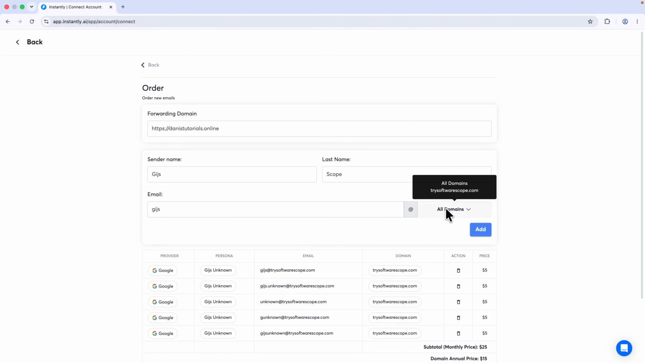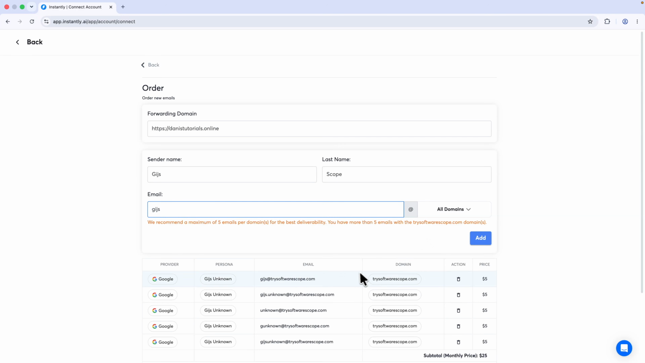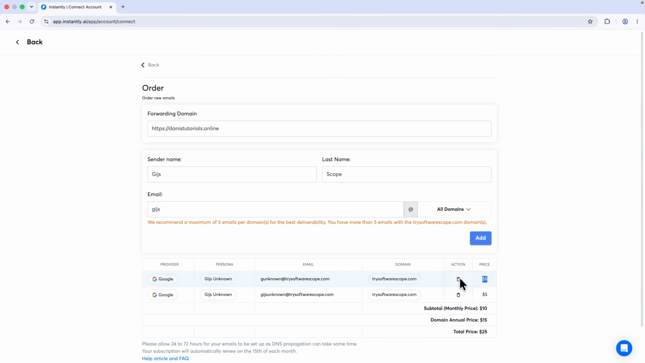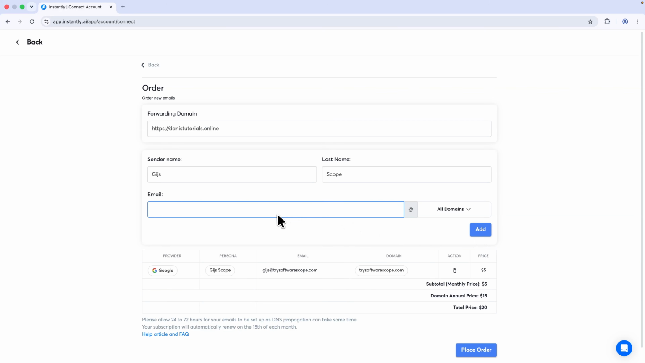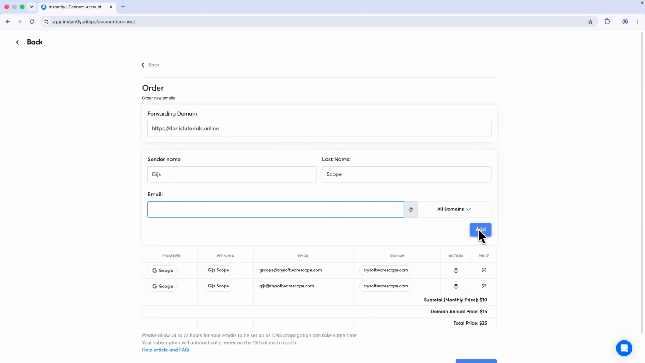Doesn't really matter. I'll do all domains and click add. But as you can see, it has already added 5 mailboxes for me right here. But since they didn't know my last name from my Google account, it says unknown. So what I'm going to do is delete the ones it already created for me, then click add. And then I'm just going to go through these one by one and add different variations